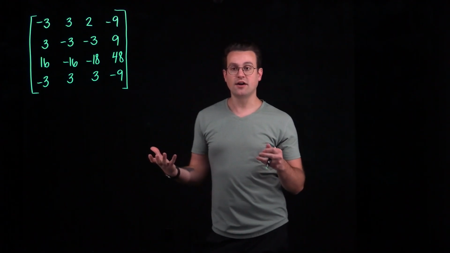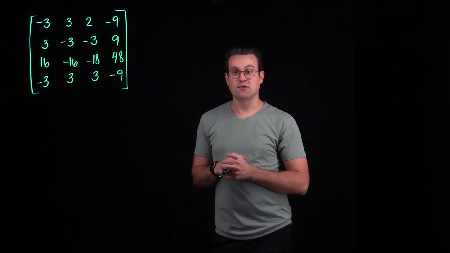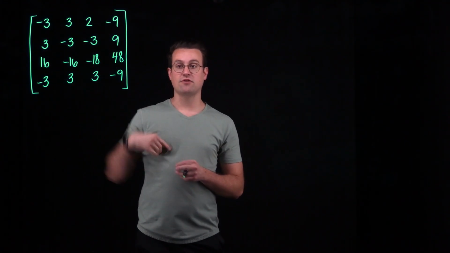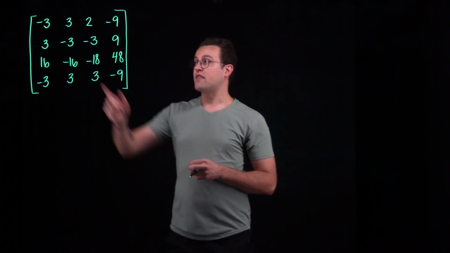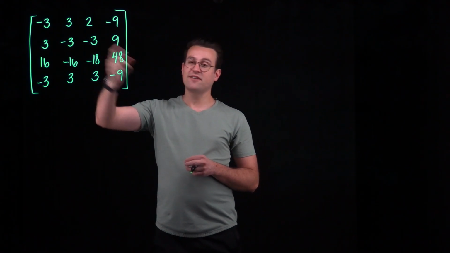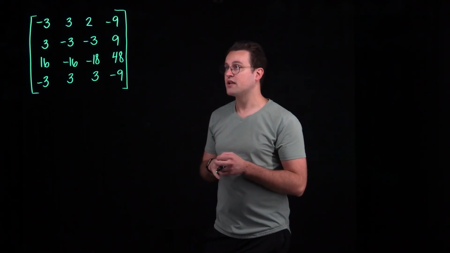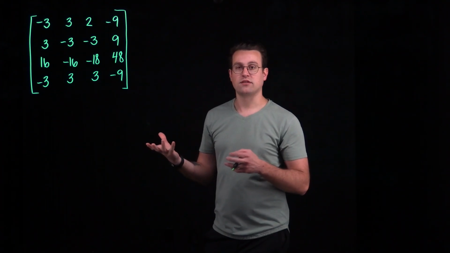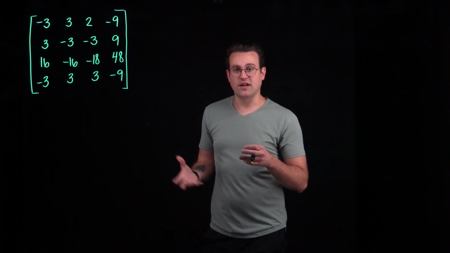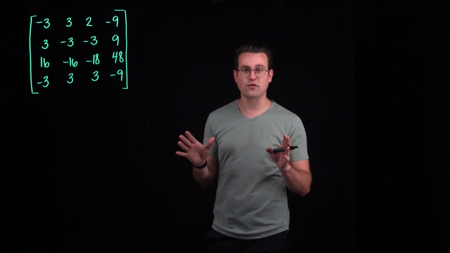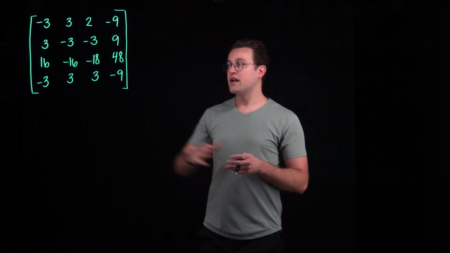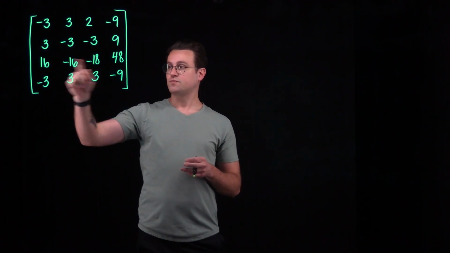One of the things I can also do is multiply a row by a non-zero constant. So I could, for example, multiply this entire first row by -1/3, and that would turn this into a 1. But that would give me a fraction here in the 2 slot, because I'd have -1/3 times 2, so -2/3, and maybe that's going to be a little bit inconvenient to deal with, and I like to avoid fractions when I can.